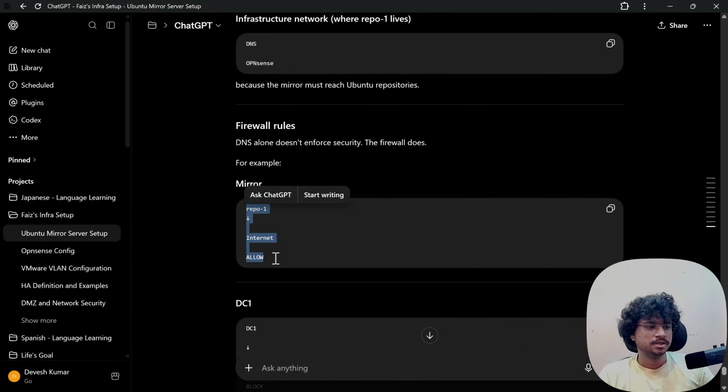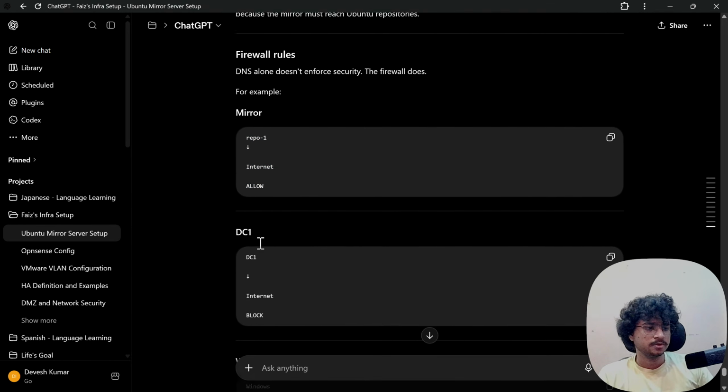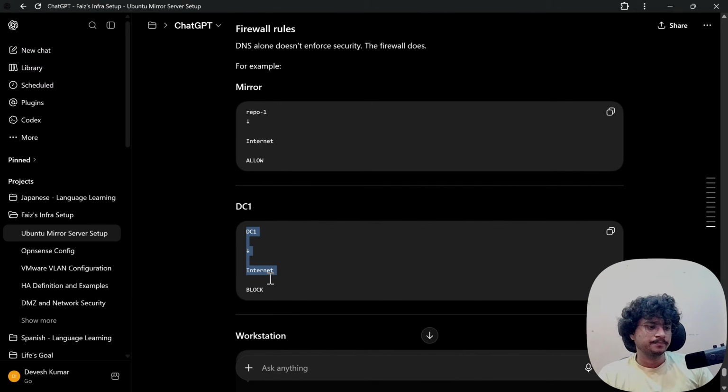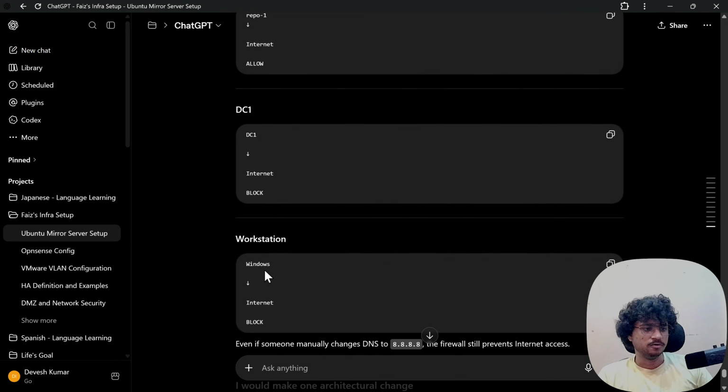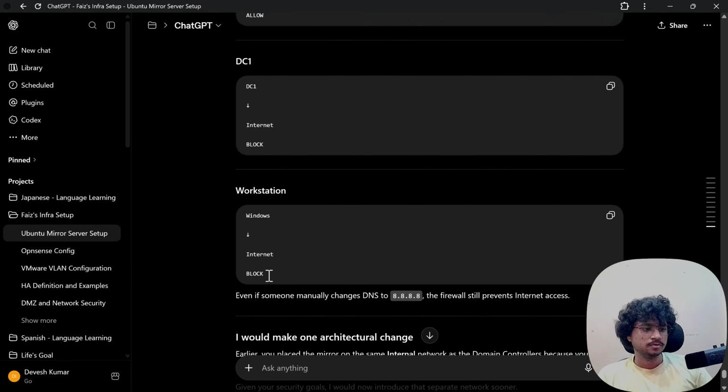Repo one, internet allowed via firewall. Again, do you mean DC1 can still resolve all the names, but if DC1 asks to resolve a domain of an external network, it will simply be blocked via the firewall.